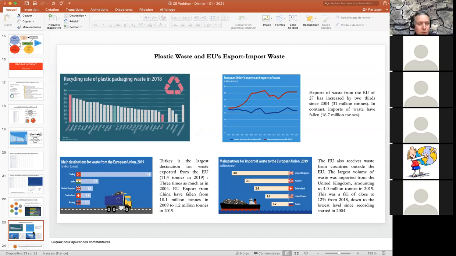We export most of the plastic waste to Turkey. It's a growth of 66% since 2004. And at the same time, the export to China just goes down. I think it's very interesting to see that in 10 years, Europe changed its mind and changed the way it exports waste: no more to China, more to other countries. And you can check that for every waste in Europe, for example. Same discussion about import of waste.